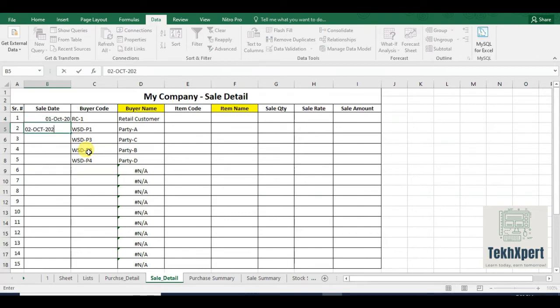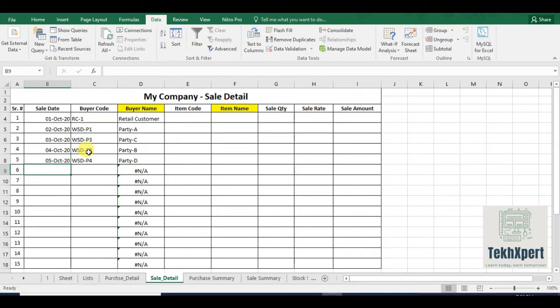If some of you have worked on an advanced inventory system developed in Microsoft Excel or in some other database like Microsoft SQL Server along with a .NET application or Oracle application, then you would have a question in your mind: why are we repeating the buyer code or supplier code against each item?